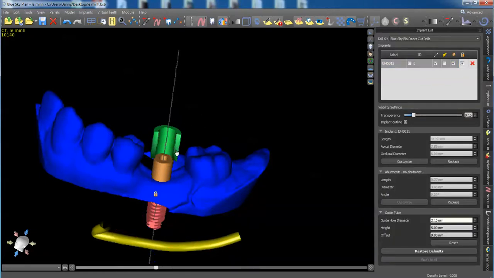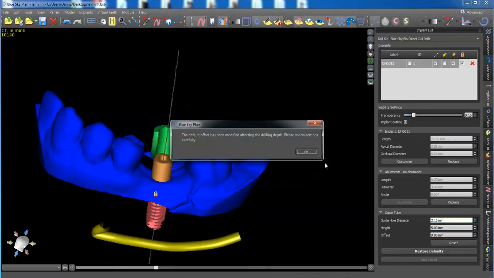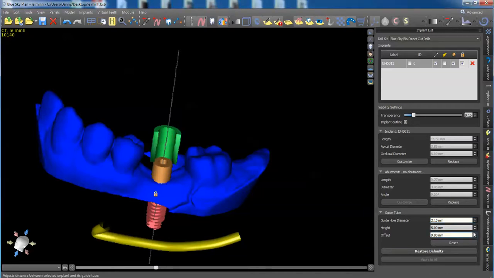It's going to be hard to get that long of a driver all the way in the back. So I'm going to change this offset distance. Let's see. So that's going to be